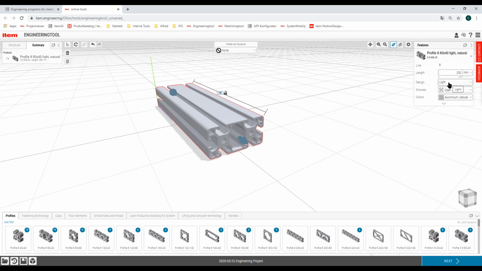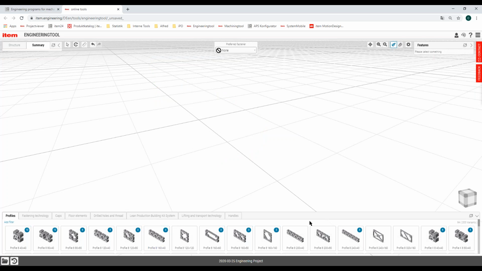So, for instance, you can change the type of the design from light to standard with only one click. And the product number changes, and the product name changes, and of course, the 3D model. And the same way, you could say, okay, I would like to choose a profile with two sides closed by 90 degrees. And you do not need to know the product number or take care about, oh, there is no profile standard with two sides closed. You can just choose this option and all is done.